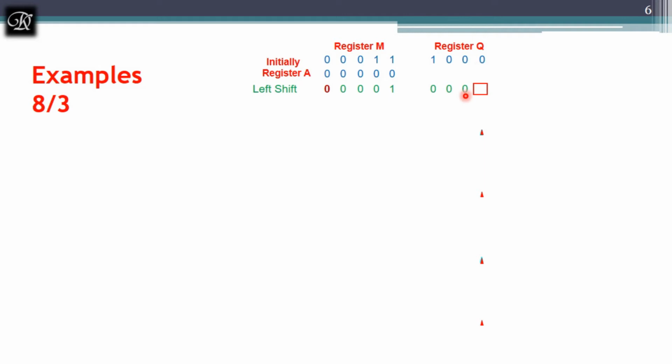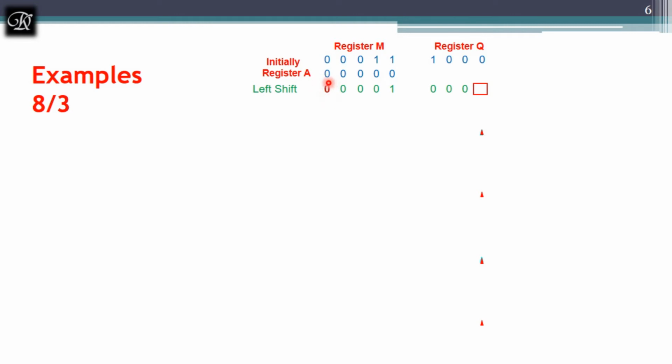When you perform a left shift, Q0 will be Q1, Q1 will be Q2, Q2 will be Q3, and Q3 will be A0, and A0 will be A1, A1 will be A2, A2 will be A3, A3 will be the sign bit, and the sign bit of the previous is ignored. Now after performing this, look into the sign bit of A.